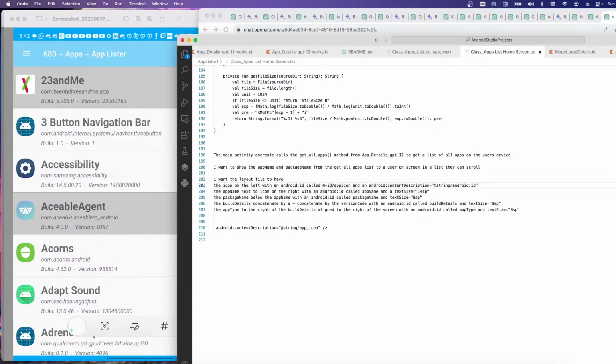Hopefully this works. Quote. And a context description that is equal to